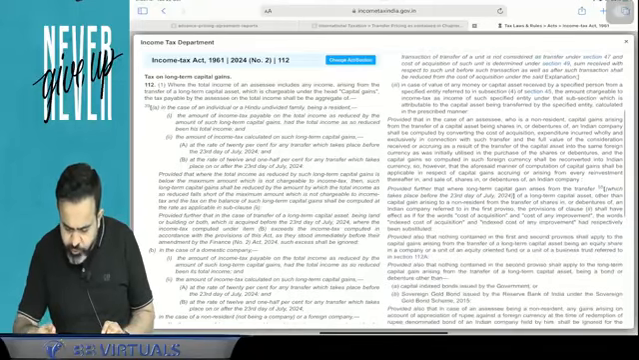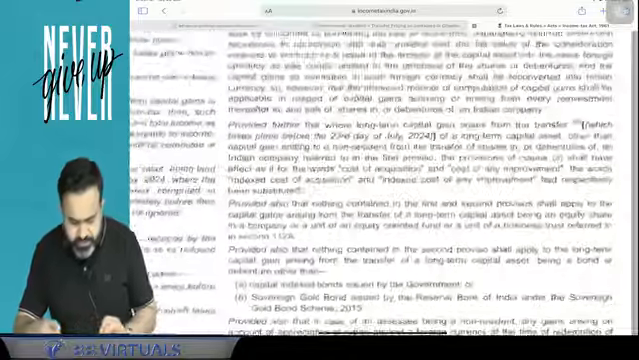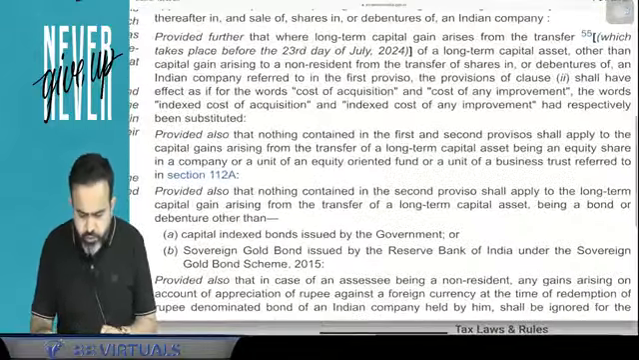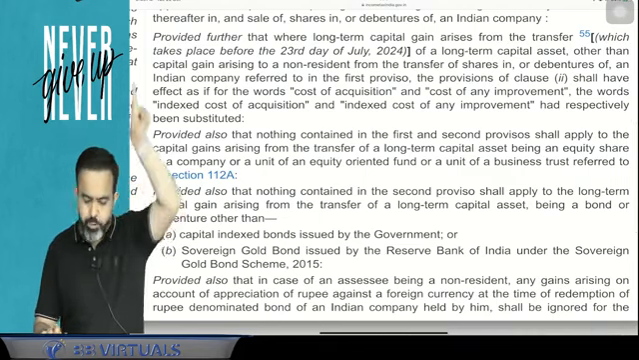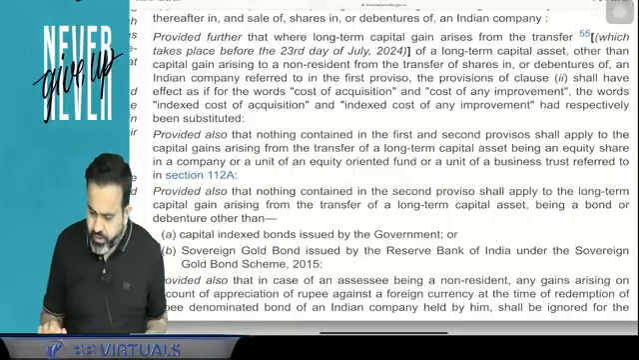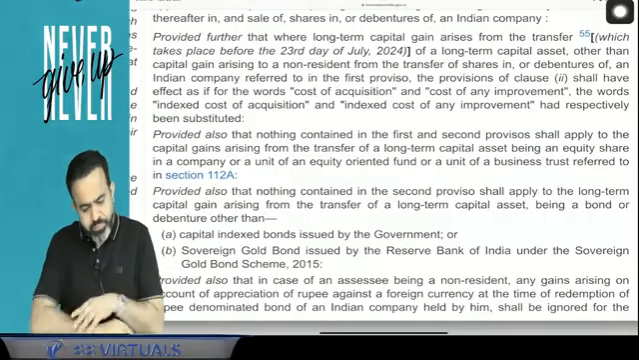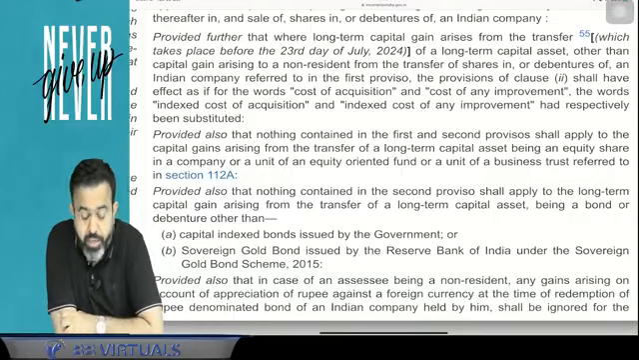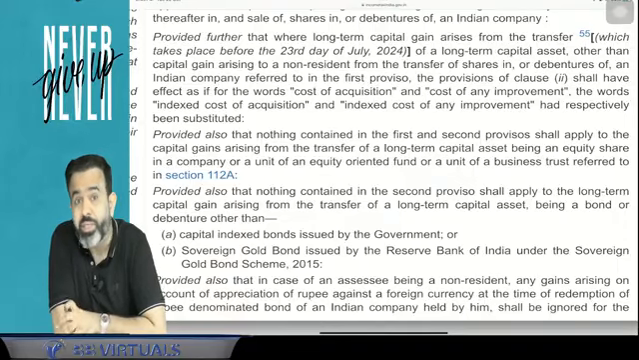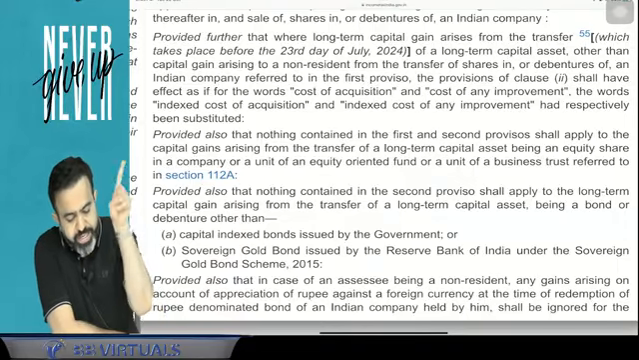What this second proviso says, try to understand. Here guys, this is the second proviso. Just focus here. What the second proviso of section 48, computation of capital gain, says is: provided further that where the long-term capital gain arising from the transfer takes